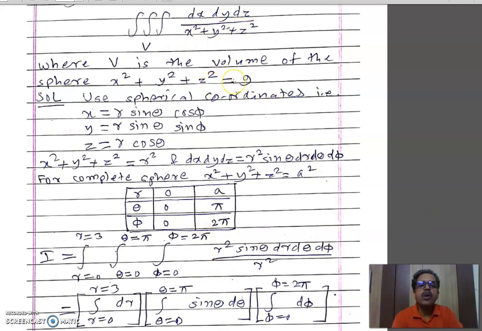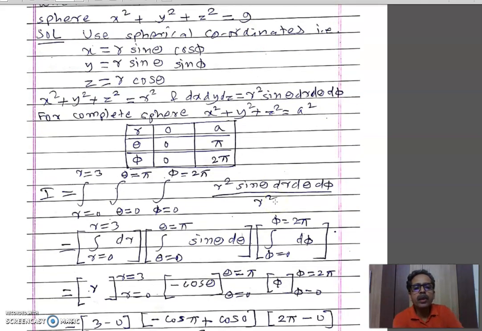It is 9 only on the surface of the sphere, but as we consider the volume, which is not only the surface of the sphere but also the part present inside the sphere, that's why x square plus y square plus z square is taken as r square. And in the standard limit we have a, and in the problem a is 3. You must note this also.